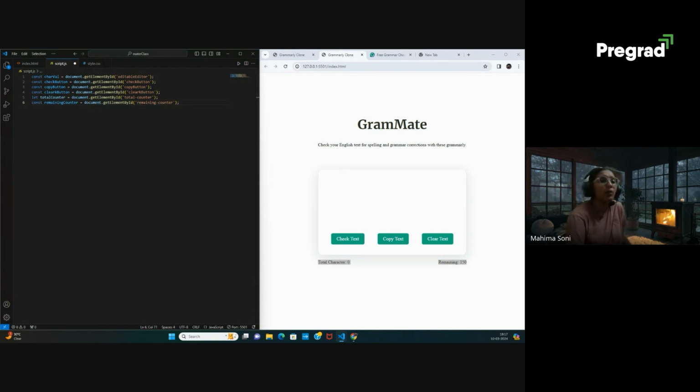So now the first thing I'm going to implement is check text, right? That's the fun part entirely. So let's do that. I have access to this particular button, that is this check button, which we have. So we are going to copy this, and what we want to do is add a